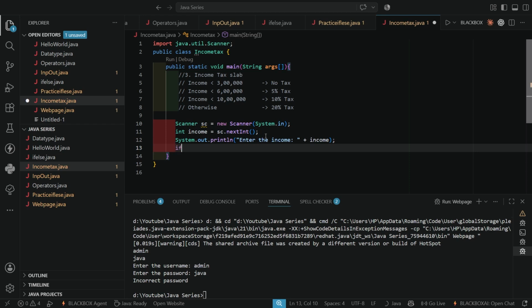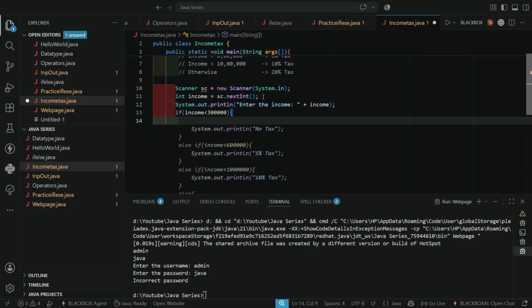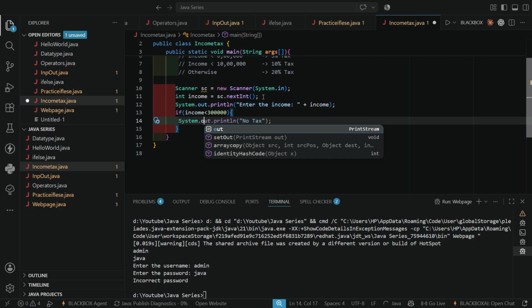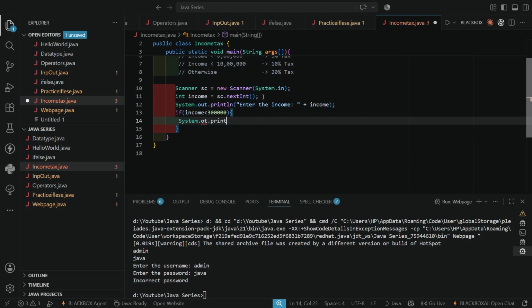Clear? If income is less than 3 lakh, then it is no tax. Then I would print no tax. So this is my first if condition.